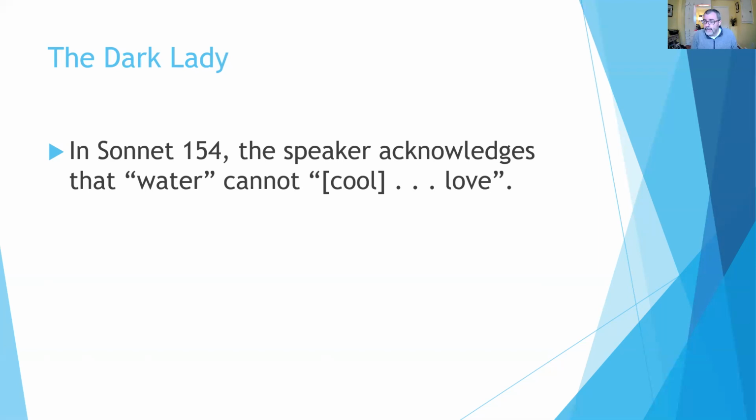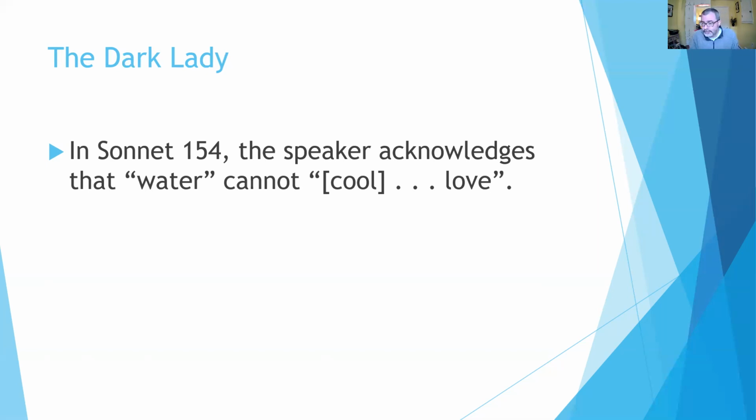The final two poems of this entire story serve, I suppose, as a bookend for both of the stories. There are allusions to Cupid and some mythology, but importantly, in Sonnet 154, he acknowledges that water, no matter what it does, will never cool his love. So regardless of how he's treated, he'll always have this desire, this dependency, if you will, on love, however it might be defined.